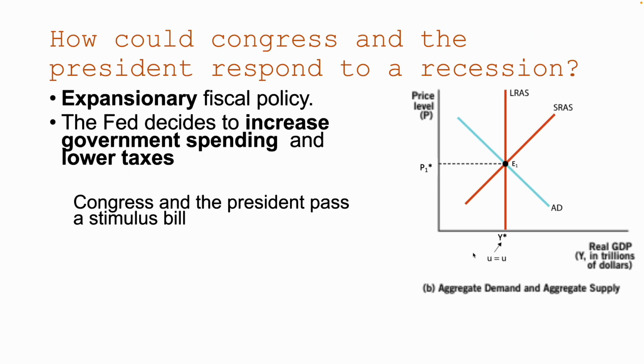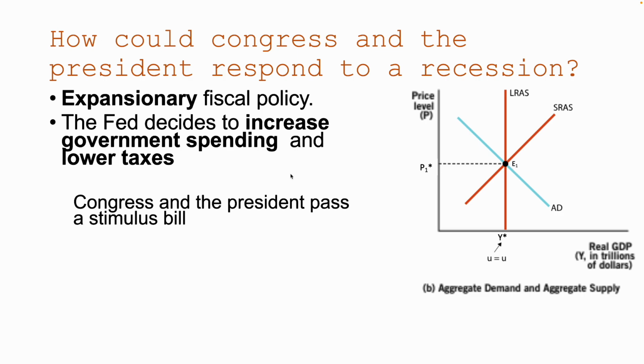Now, how could Congress and the president respond to a recession? Well, they could also use expansionary policy, but they're going to focus on fiscal policy, government spending and taxes, to stimulate the economy. Now, if they wanted to stimulate the economy, they might pass legislation called, say, a stimulus bill,